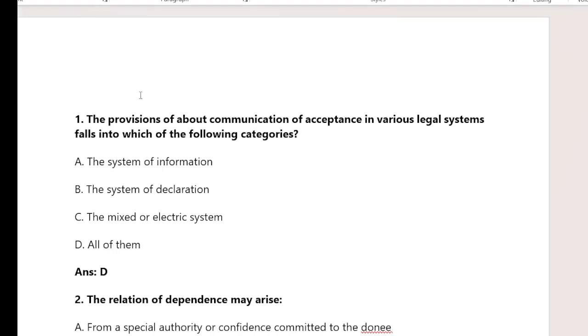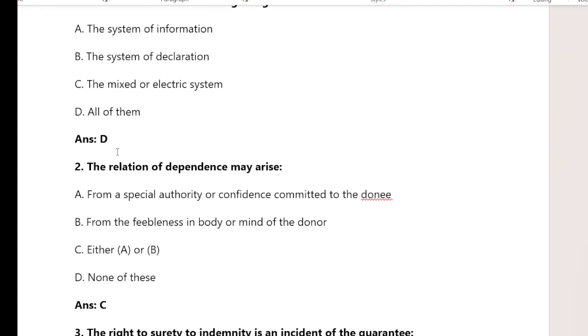The provision about communication of acceptance in various legal systems fall into which of the following categories? बोला है जो प्रोविज़न है कम्युनिकेशन ऑफ एक्सेप्टेंस का, जो कि वेरियस लीगल सिस्टम में फॉल होता है, वो विच ऑफ द फॉलोइंग कैटेगरीज में है। ऑप्शन ए बोला है द सिस्टम ऑफ इंफॉर्मेशन, ऑप्शन बी बोला है द सिस्टम ऑफ डिक्लेरेशन, ऑप्शन सी बोला है द मिक्स्ड और इलेक्ट्रिक सिस्टम, एंड ऑप्शन डी इज all of them। Then right answer is option D, all of them। And the next question is the relation of dependents may arise, option